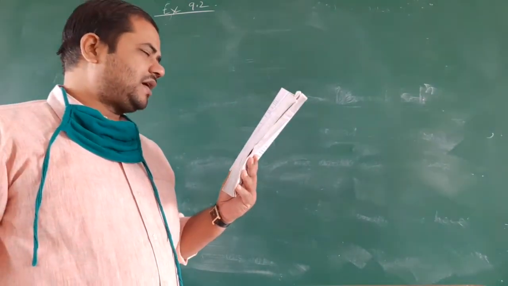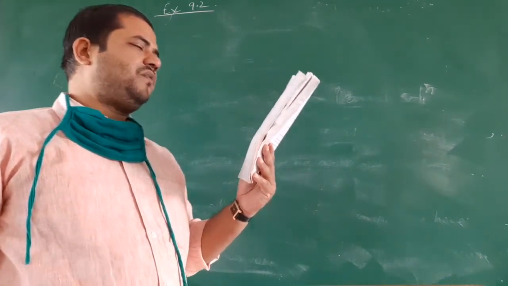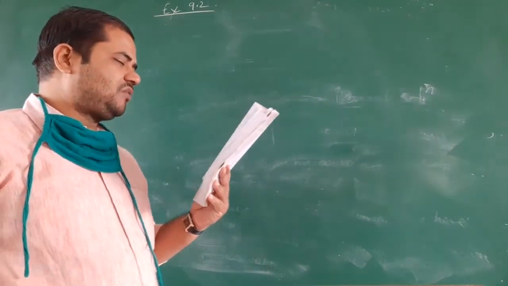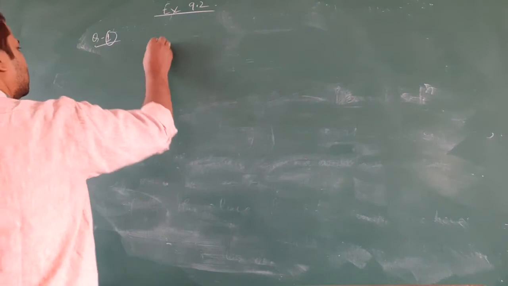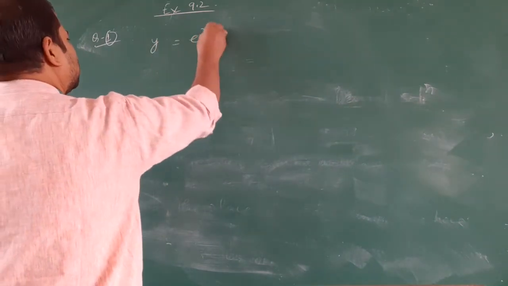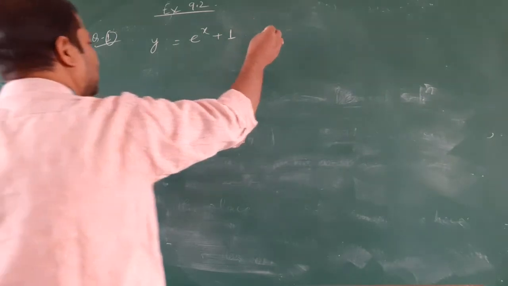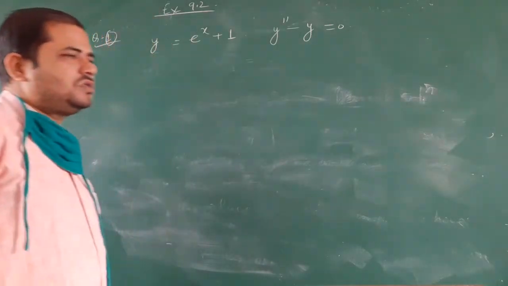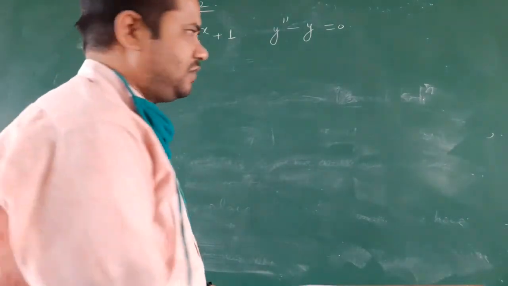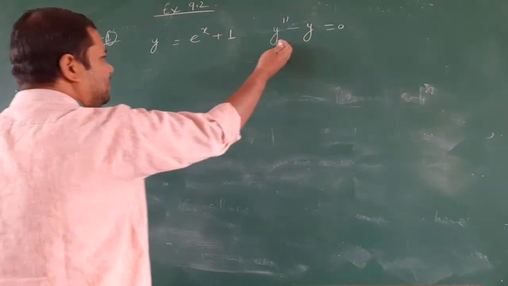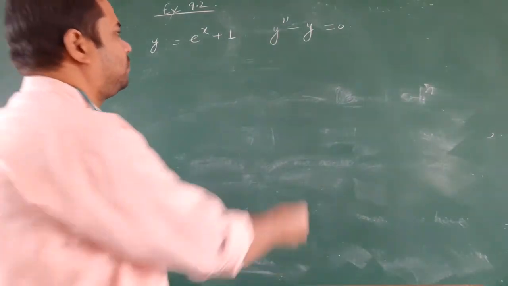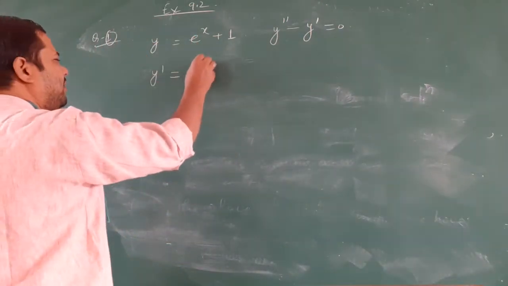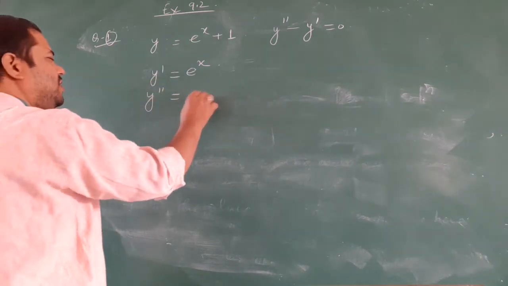In each of the exercises 1 to 10, verify that the given function, explicit or implicit, is a solution of the corresponding differential equation or not. So this is the value of y, that means the solution is given, and you can find whether this is the solution of the differential equation y double dash minus y or not. There are two methods to solve this particular question. The first one is you can find both derivatives, the first order and second order derivative. So y dash, that is dy by dx, is e power x, and y double dash is also e power x.